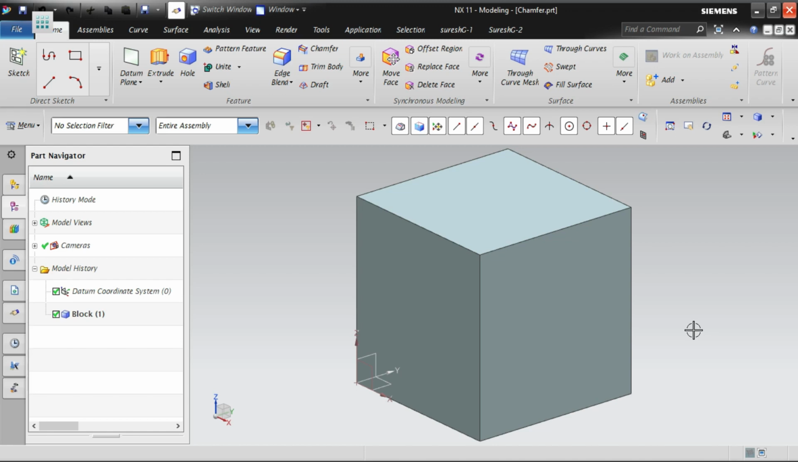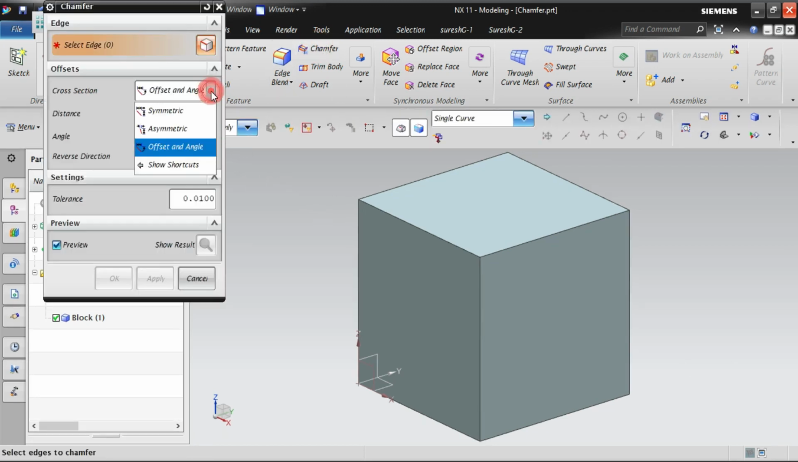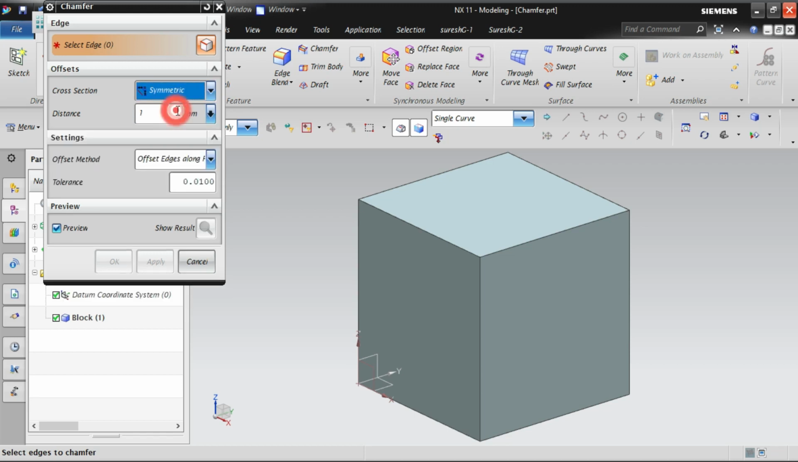Let's see about chamfer. The chamfer is used for cutting the edges of the body. Over here we have three options: one is symmetric, one is axis symmetric, and another one is offset and angle. Let's talk about symmetric. Symmetric means whatever distance we give, it will be taken equally in both the